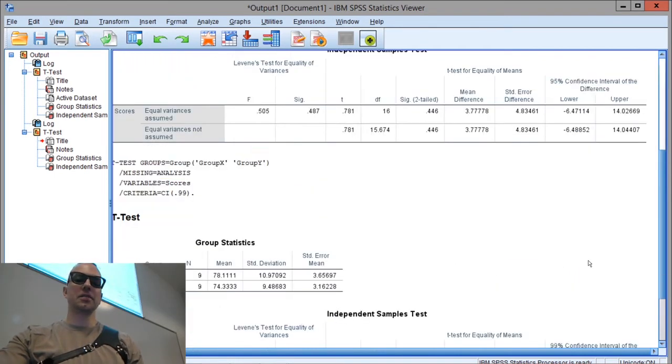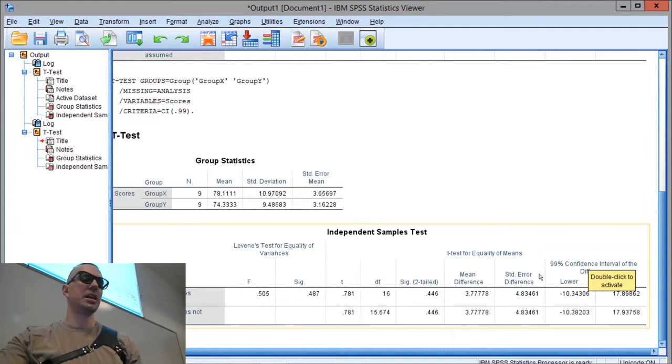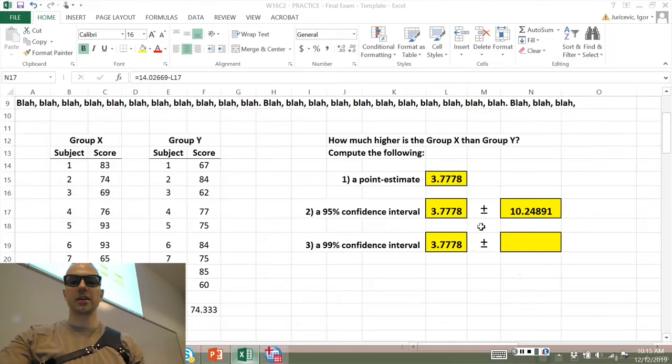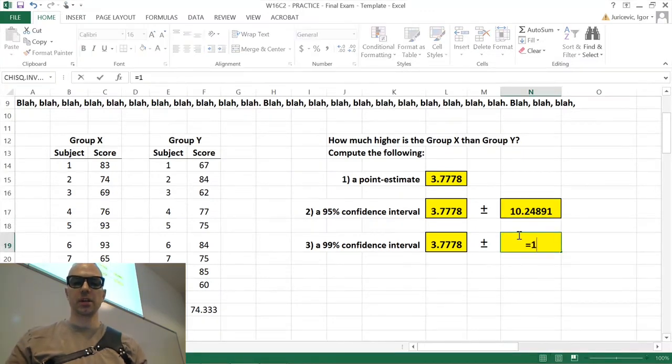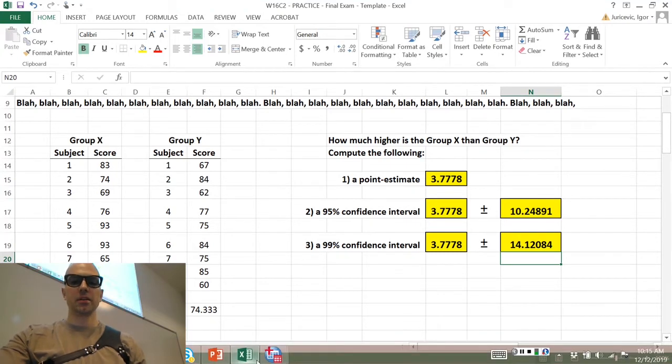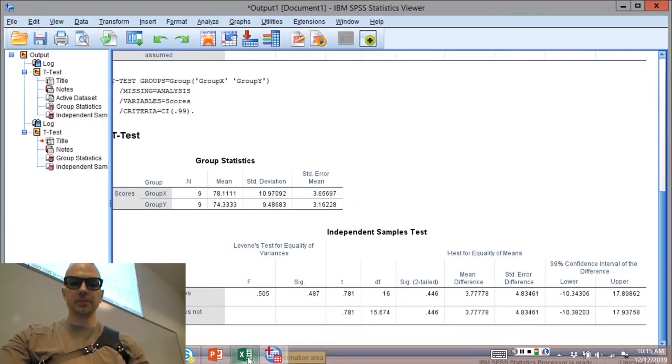So SPSS is very friendly. It's letting you know, yep, you put in 99%. So once again, we got upper here, 17.89862. So we can go back here, equals 17.89862. And then once again, upper minus middle will always work. So we go upper minus our point estimate, and we find a plus or minus of 14.12. So that is the